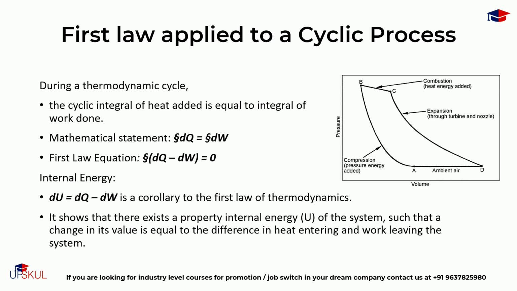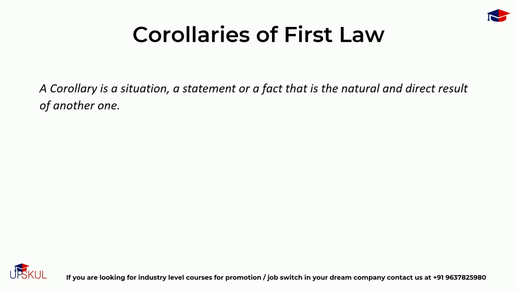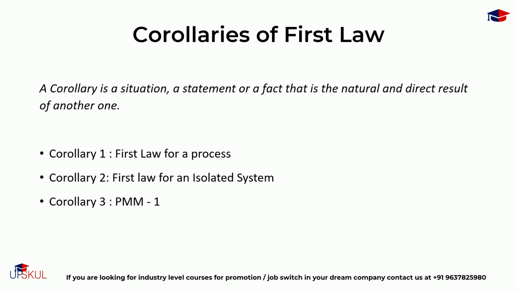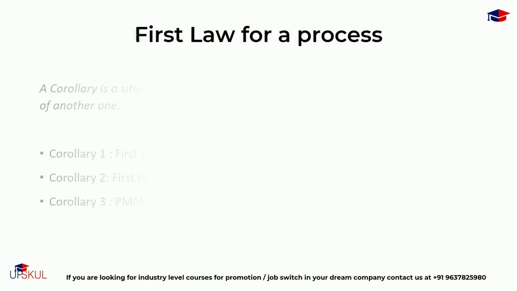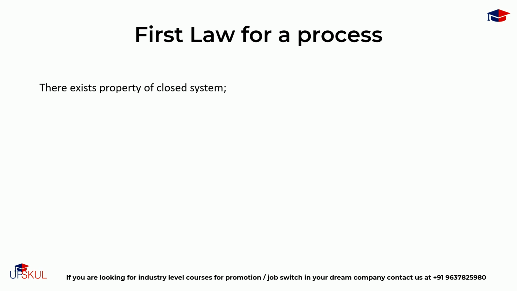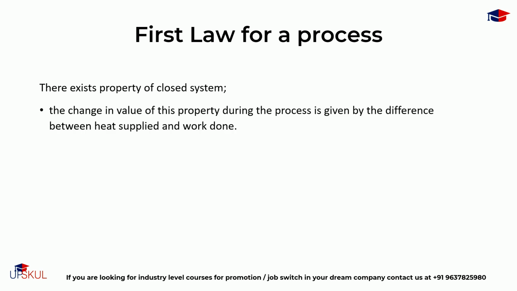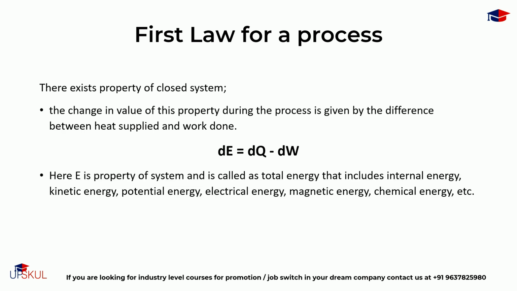So what is a corollary? A corollary is a situation, a statement, or a fact that is the natural and direct result of another one. There are three corollaries for the first law. Corollary 1 says there exists a property of a closed system such that the change in value of this property during the process is given by the difference between heat supplied and work done, where E is the property of the system and is called the total energy that includes internal energy, kinetic energy, potential energy, electrical energy, magnetic energy, chemical energy,